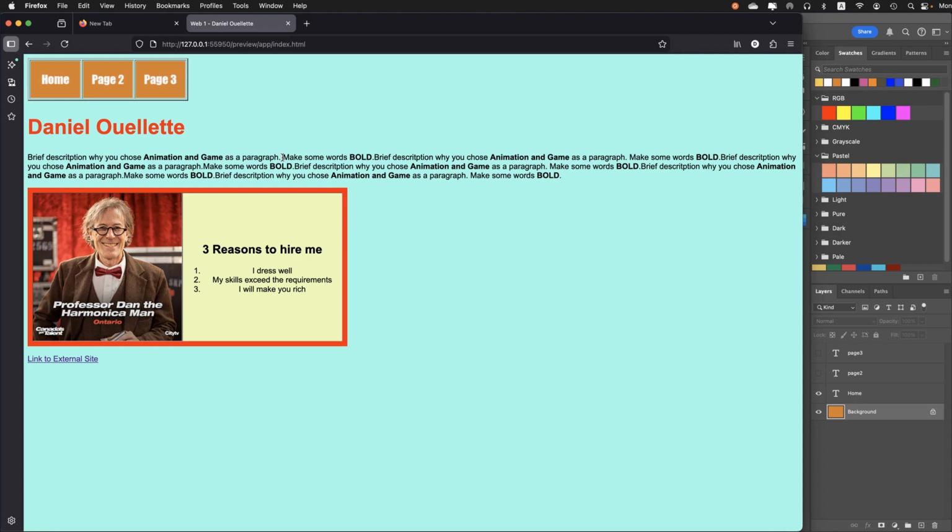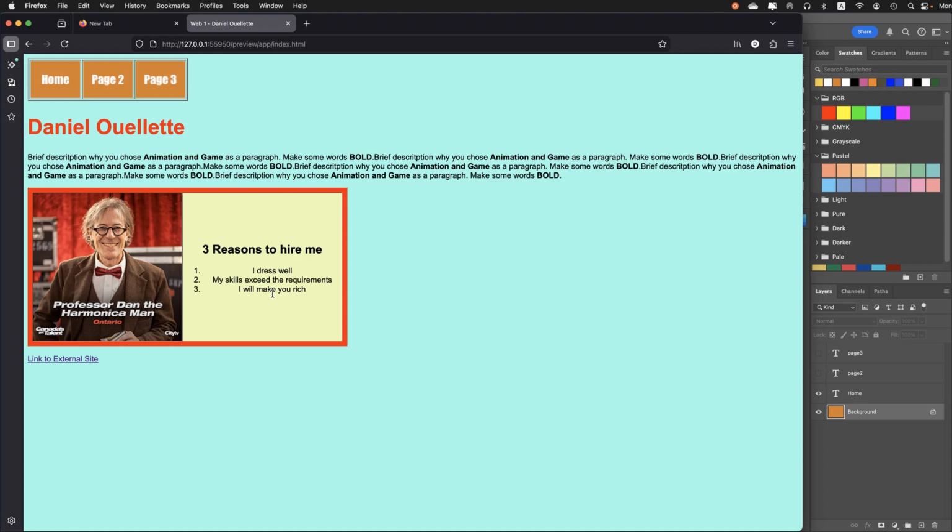So you can give me a little 2-sentence story and then duplicate it if you like. I'll leave that up to you. But I do want you to give me an example of some bold text within that paragraph. And then the next element below is a table with 1 row and 2 columns. In the left column, I'd like you to create an image, preferably 300 by 300 pixels. And in the right column, I'd like you to put a title using H2 tags and a list with 3